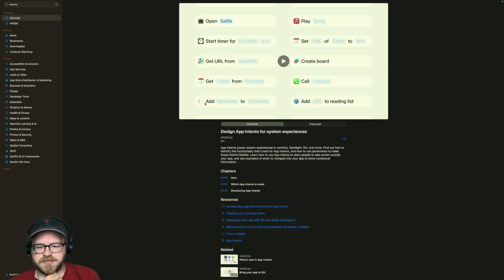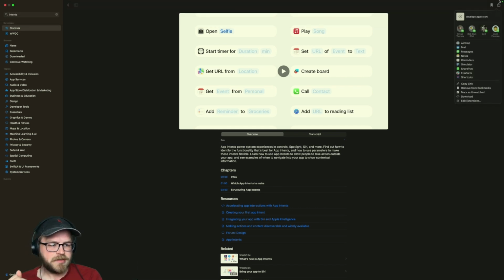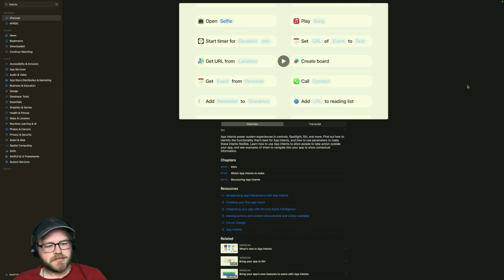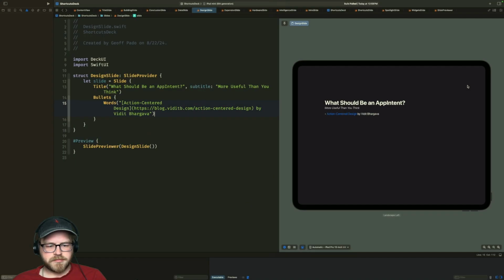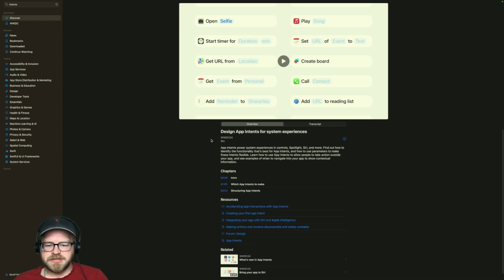Design app intents for system experiences. Yeah, this is a good one. Yes. Okay. Link. How do I share this here? Copy link. What was this called? Design app intents for system experiences.